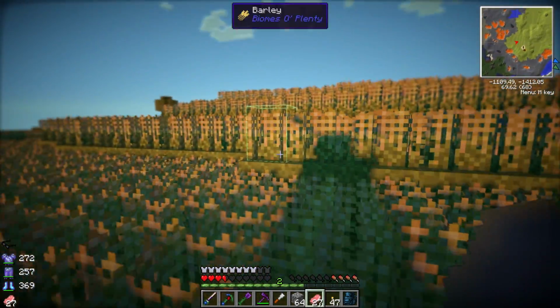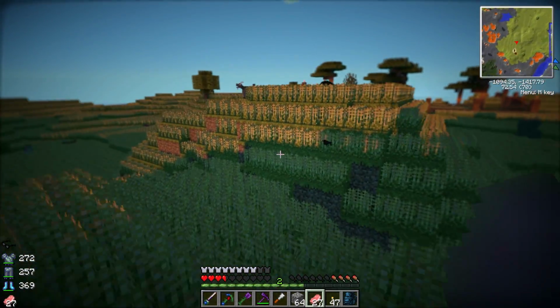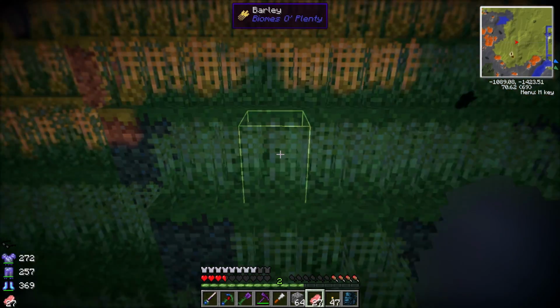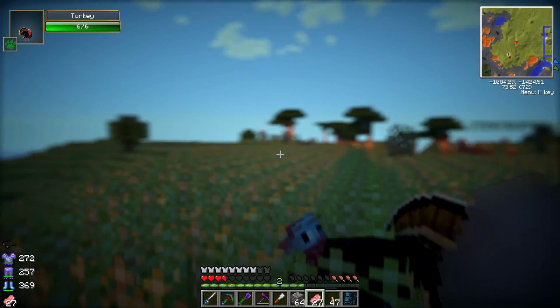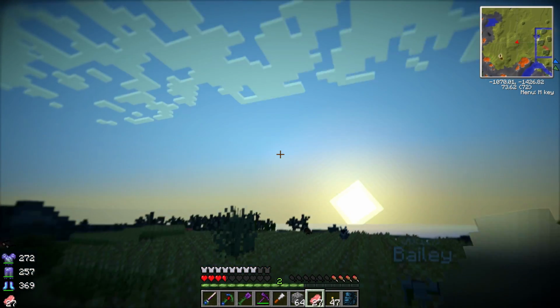It's going to be fashioned slightly after the Komodo dragon enclosure that's in London Zoo. If any of you guys have been to the ZSL, the Zoological Society in London, then you will know that